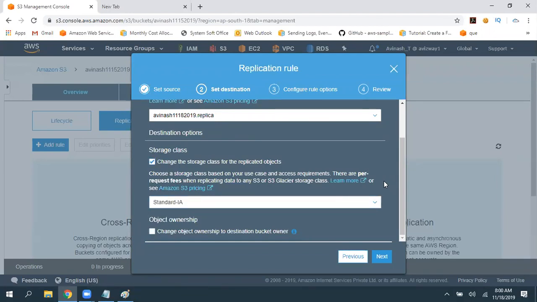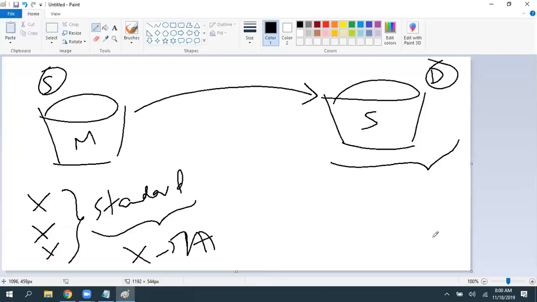Only replicated data. I can directly upload some files into this bucket. Will that get the same infrequently accessed or S3 standard? Any guess? See, whatever data I'm replicating, I selected to replicate with storage class standard infrequently accessed.